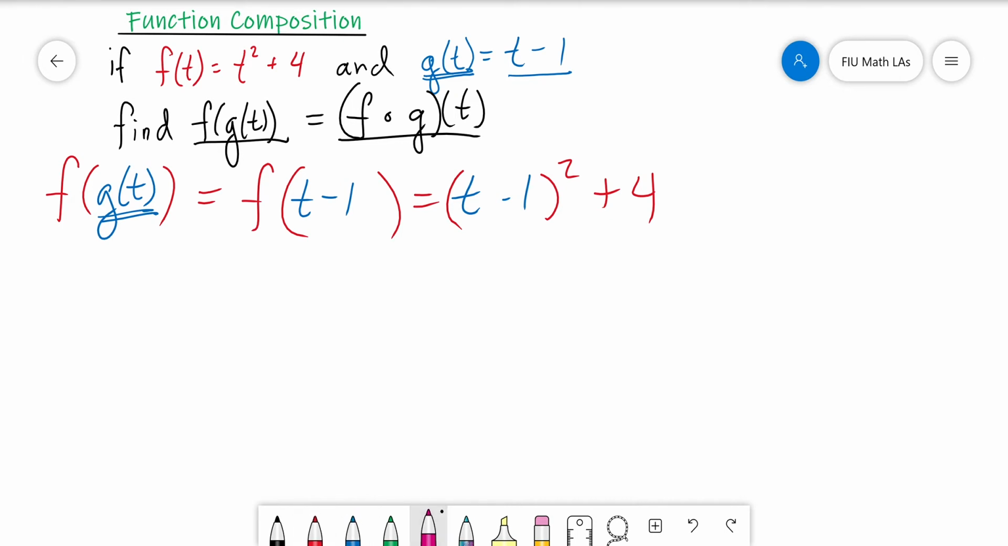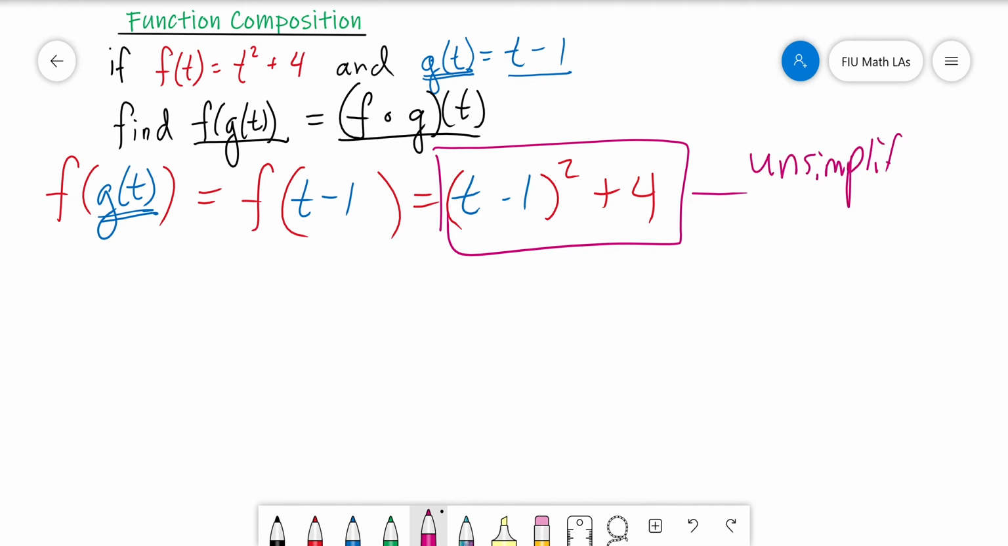And this is actually the unsimplified composition of f of g of t. If I were asked to simplify this function composition, I very well could. I would just take f